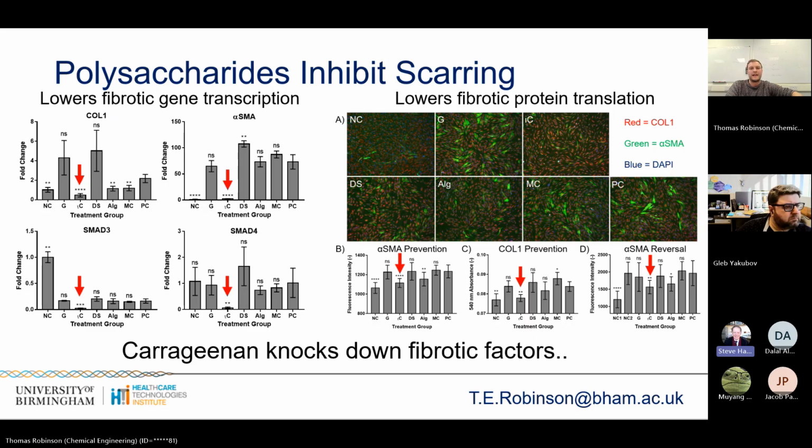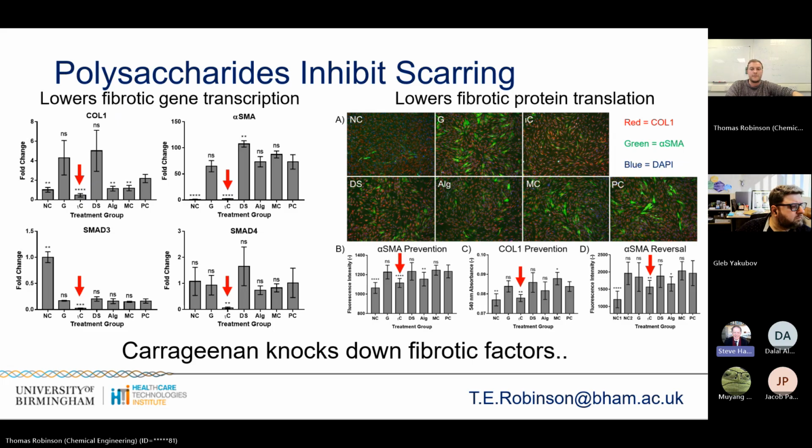Also looked at it in the actual cells, so what proteins are they churning out. And again, less dramatic, but a similar story where we saw that iota-carrageenan and to a lesser extent alginate really knocked down both alpha SMA and collagen, suggesting that it's having a biological effect,